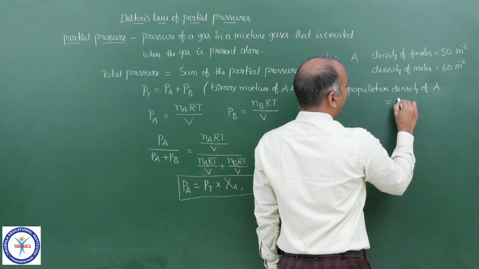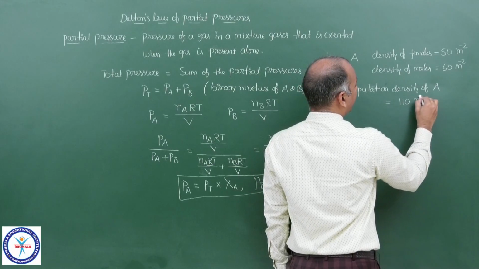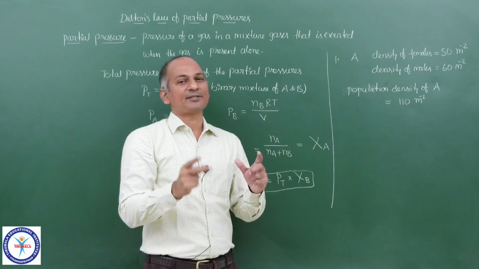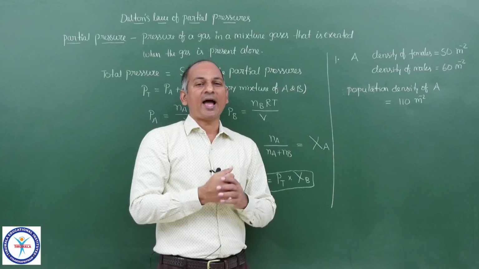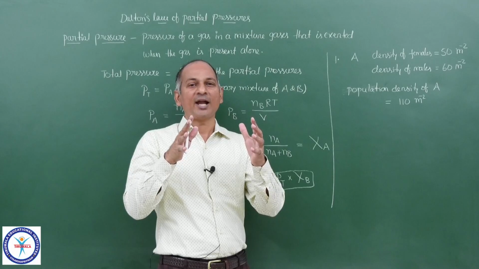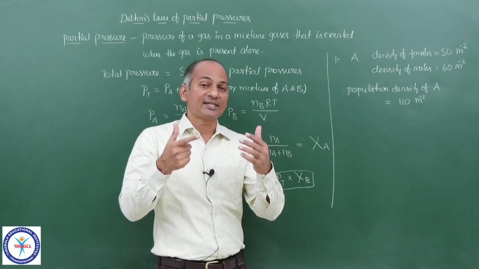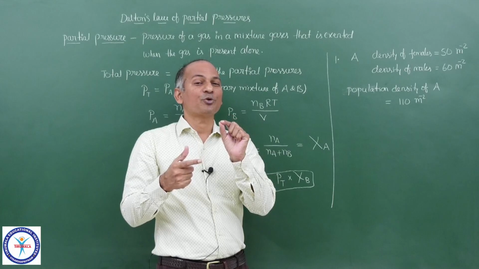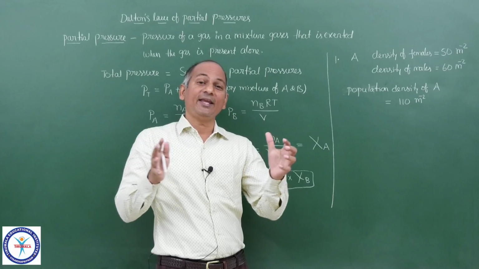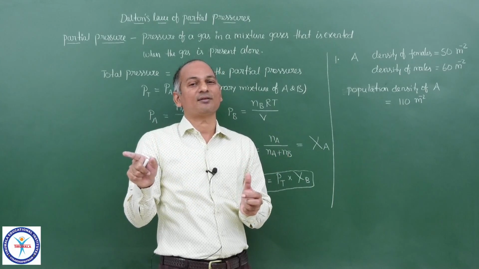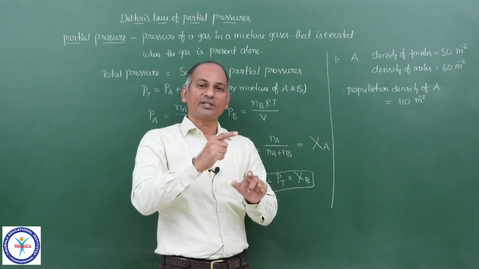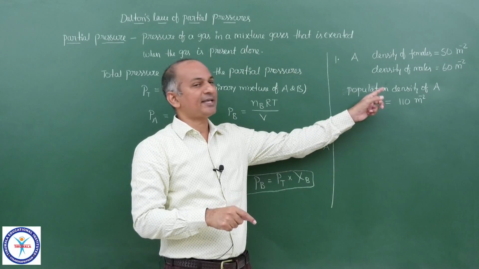Now, can I add those to 110 per meter square? Yes, because it is the same country. If you remember in the previous class when I explained about intensive and extensive properties, I gave you the data for two countries. And I told you that if these two countries merge and become one country, then what will be the resultant density? You please remember, in that question, population is getting added and area is also getting added. So in that case, you cannot add densities. You calculate the resultant population, you calculate the resultant area, you take the ratio, then you will get the resultant density. But here the area is same.